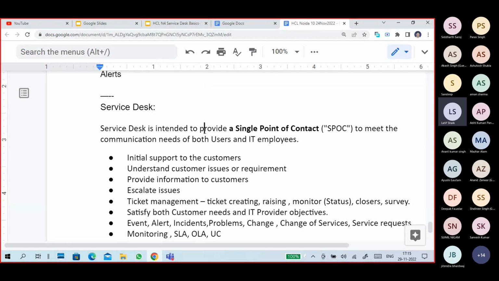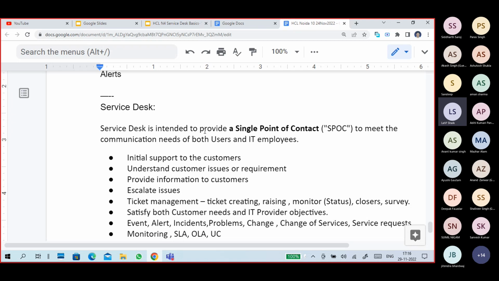So the ticket is assigned to a particular team. In service desk, we have to talk about both sides. For example, if I am a service desk person or a service desk analyst, I understand the customer requirement or customer issues.